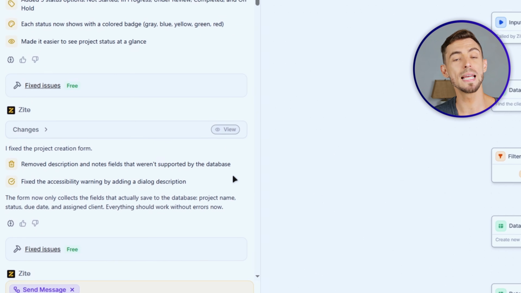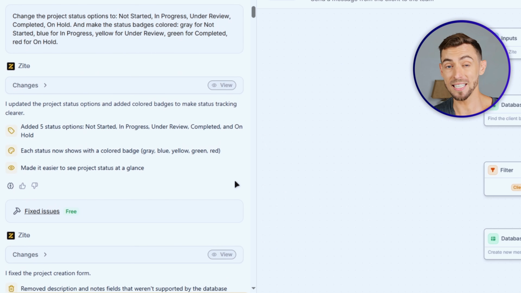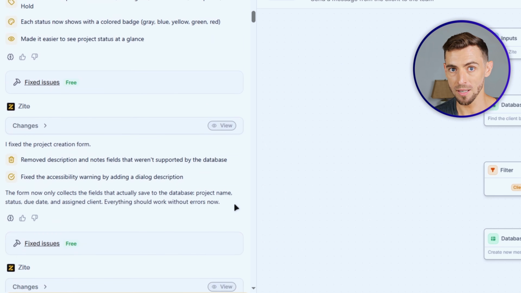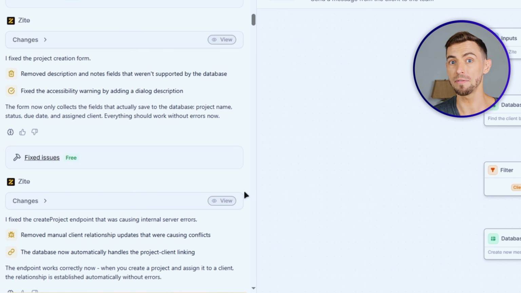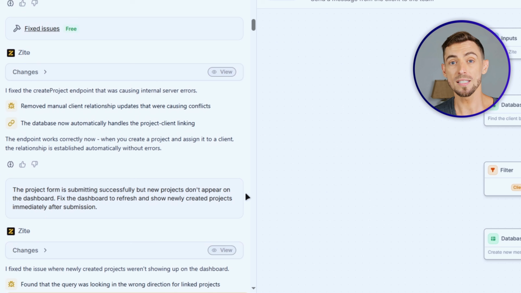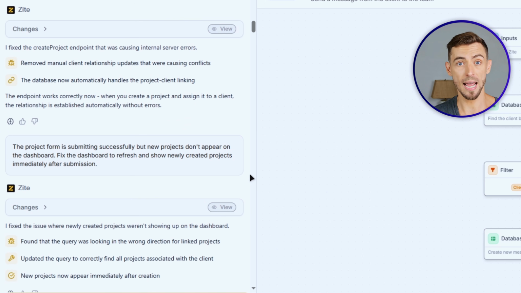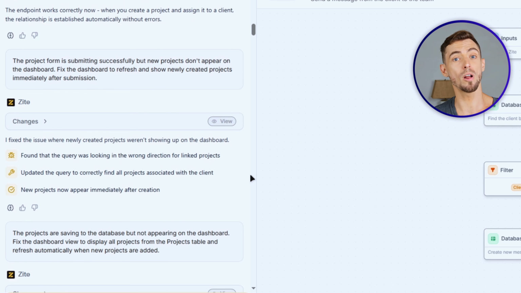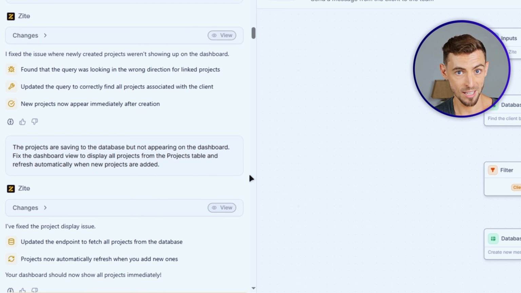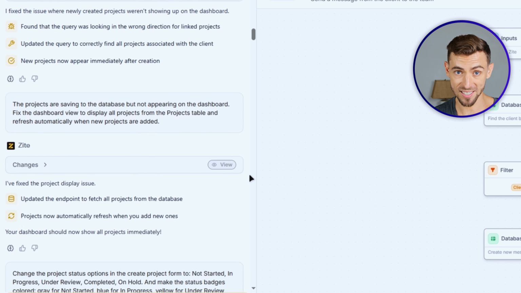I tested this by intentionally breaking a workflow. I disconnected a step and I tried to run it. Instead of silently failing or giving some cryptic error code, Zite showed me visually that a connection was broken. It offered an auto-fix button. I clicked on it. It figured out the issue, reconnected the step, and everything worked. That kind of transparency makes the platform feel less like a black box and more like a tool that you